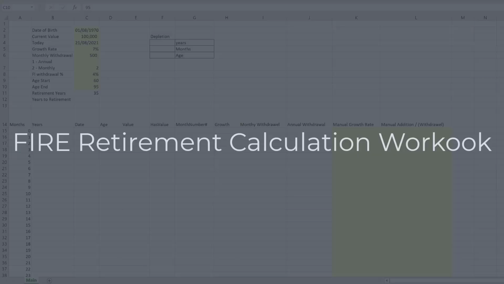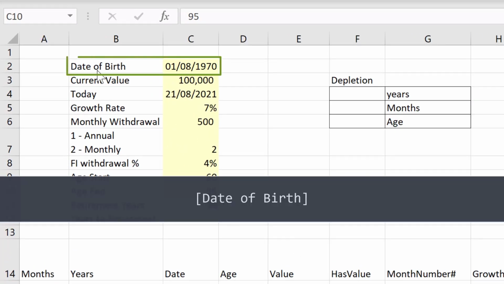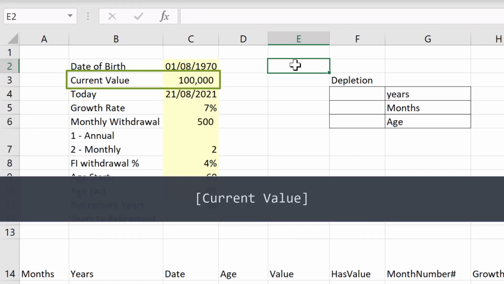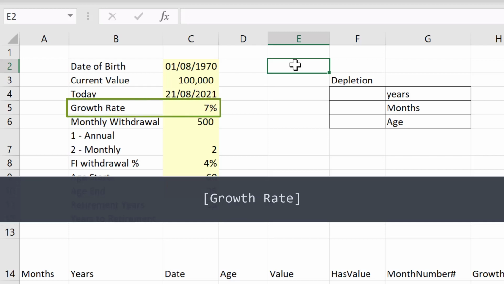In this video, I'll take you through the creation of this financial independence calculation worksheet. We'll start with the main sheet, and in here we'll have some parameters. So date of birth, the current value, so how much is your portfolio or your investments worth currently, today's date. Then we'll have a growth rate, and this is the growth rate at which your portfolio is to be grown